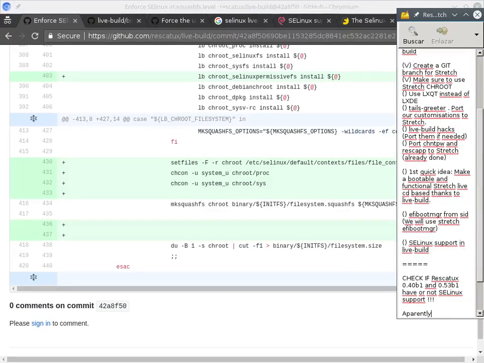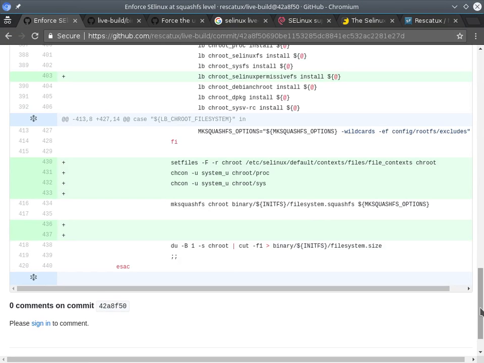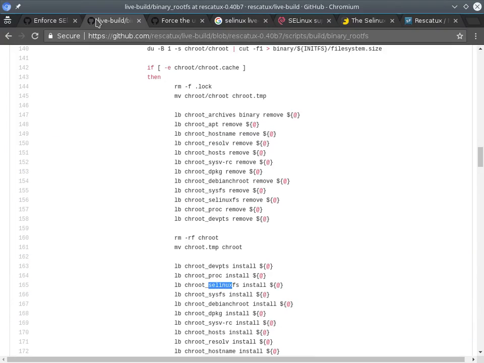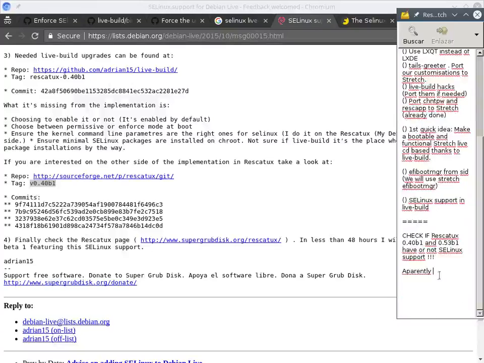Apparently... what was the one? Where I am. Apparently